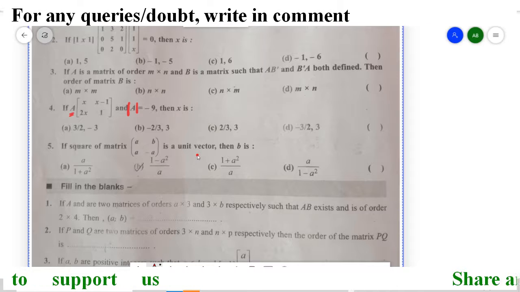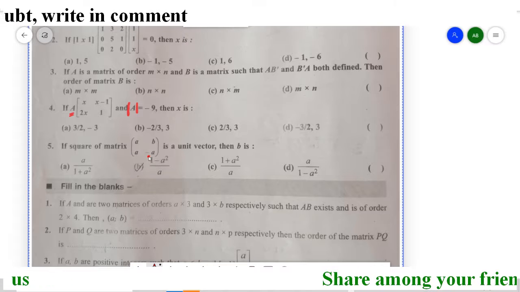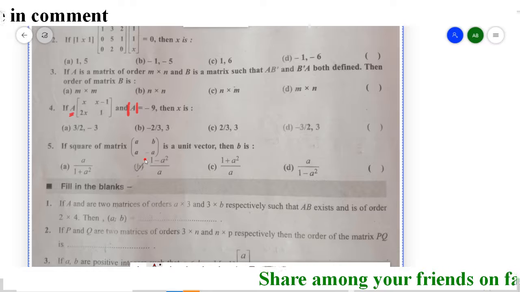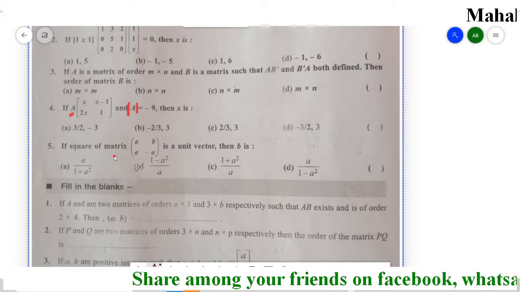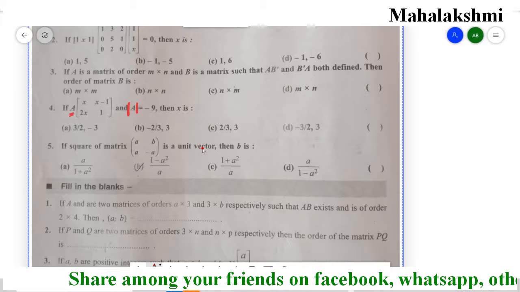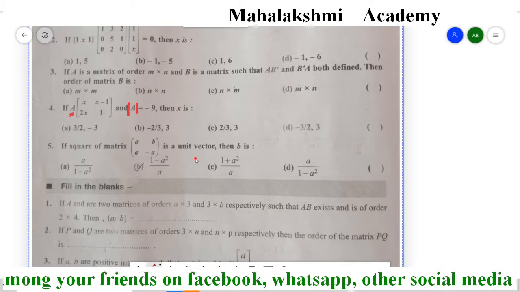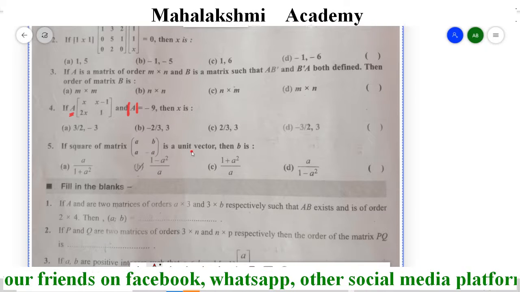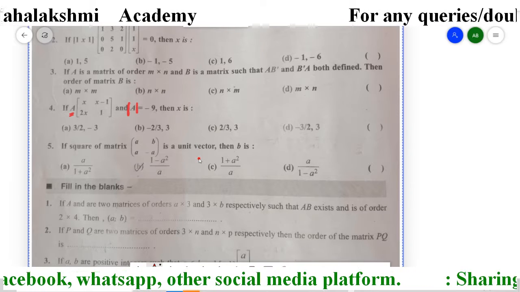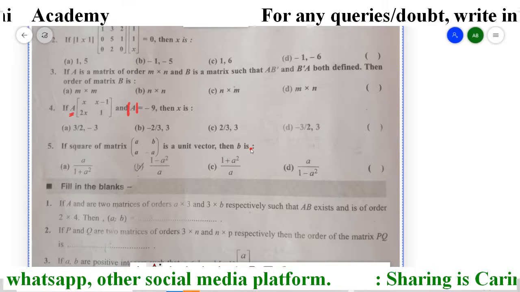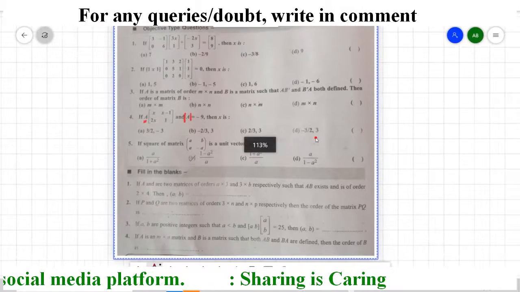So it is a very tricky kind of question. Understand it, I am explaining again. First we will square this matrix and find the determinant of the square of this matrix. Since it is given that the square of the given matrix is a unit vector, the conclusion is that the determinant of the square of the matrix is equal to 1. Why equal to 1? Because the modulus of a unit vector is 1. With this information we have to find the value of B. Now we will see the solution.